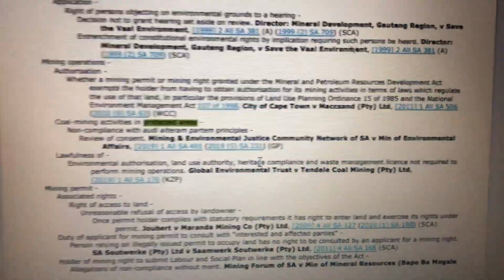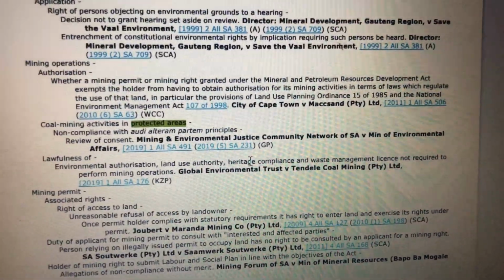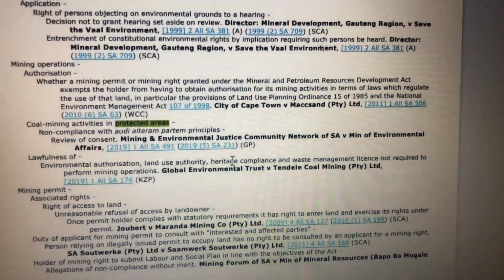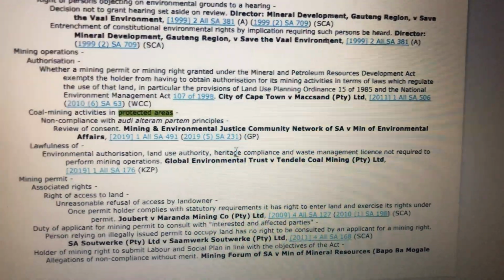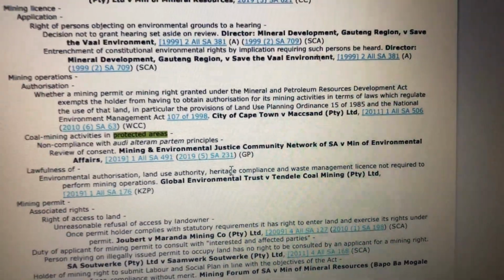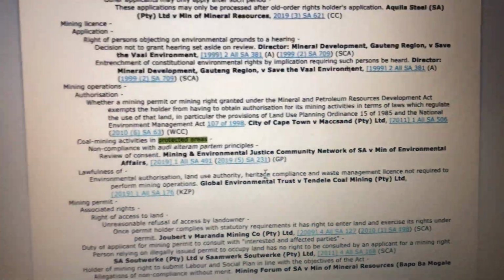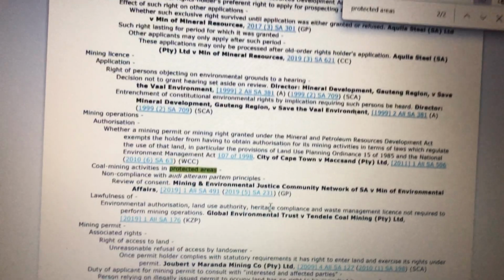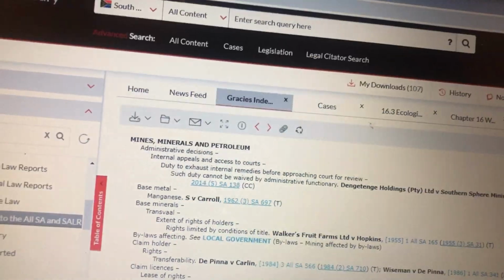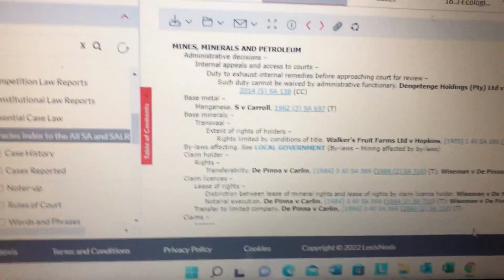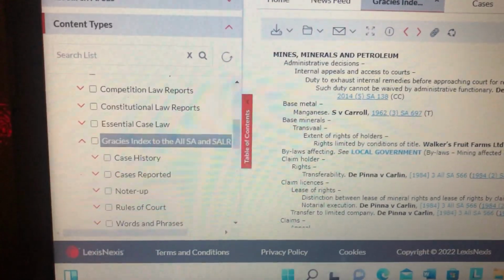Then I know these are the two cases I can look at to support my research, or support whatever paper I'm working on, support the article that I'm working on, support whatever work you're working on. I keep on repeating myself, but basically that. But LexisNexis offers so much more, guys, than just finding case law for your research. So let's go back to